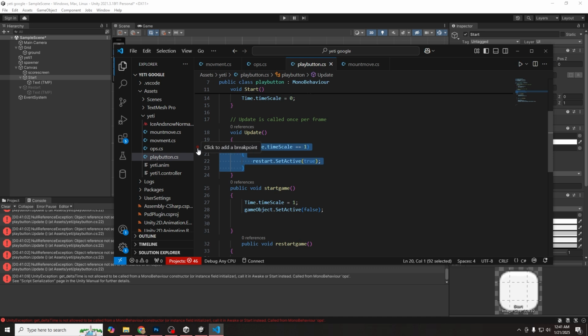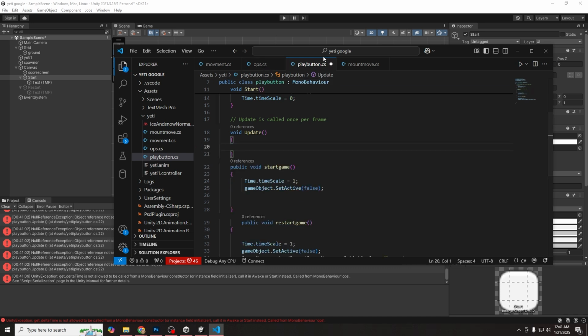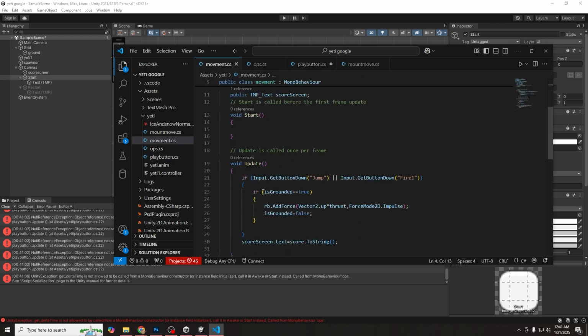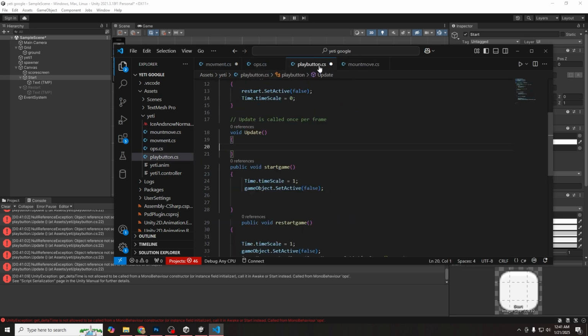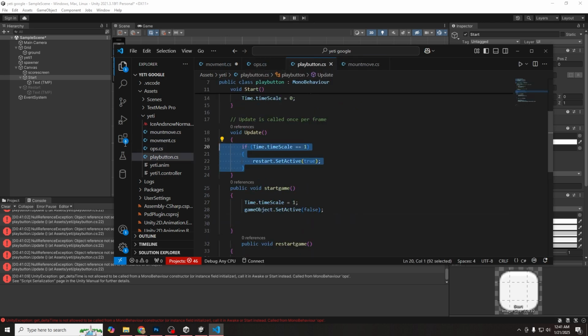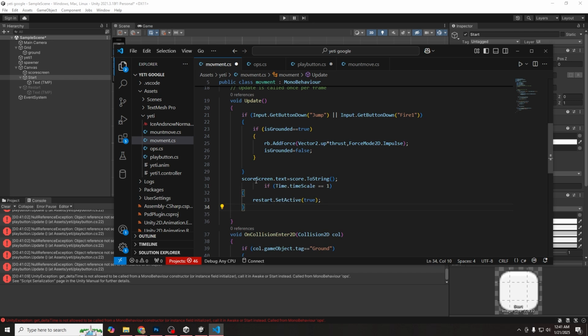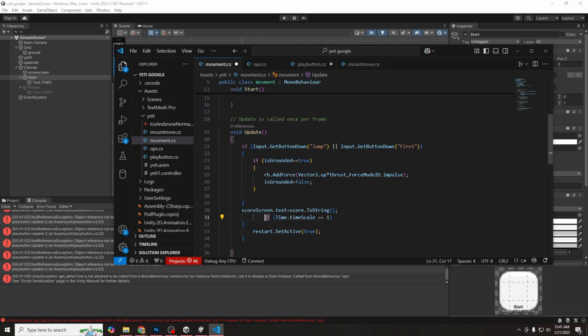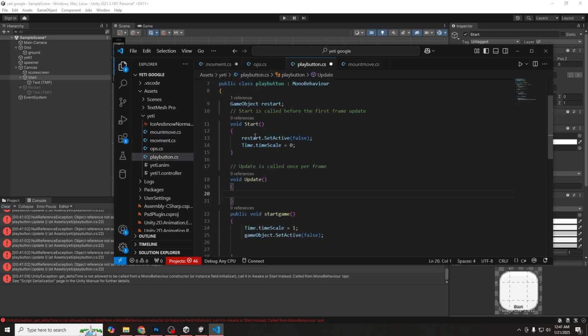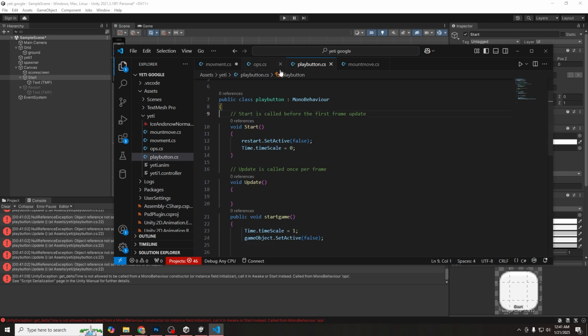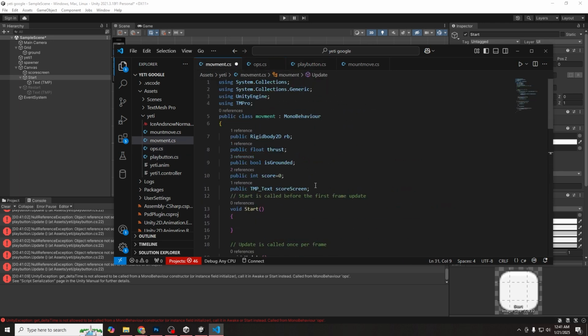So the best place to use it, let's just put it in the movement script. Why not? It's already busy, right? So in the movement script, what I did is just go ahead and copy this code from the update, the one we just wrote. Go to the movement script, paste it in the update in the movement script. And then as well, go up here, go to the restart game object, copy it as well, Control X to cut it, go up here and paste it in the movement script again, and just make sure it's public